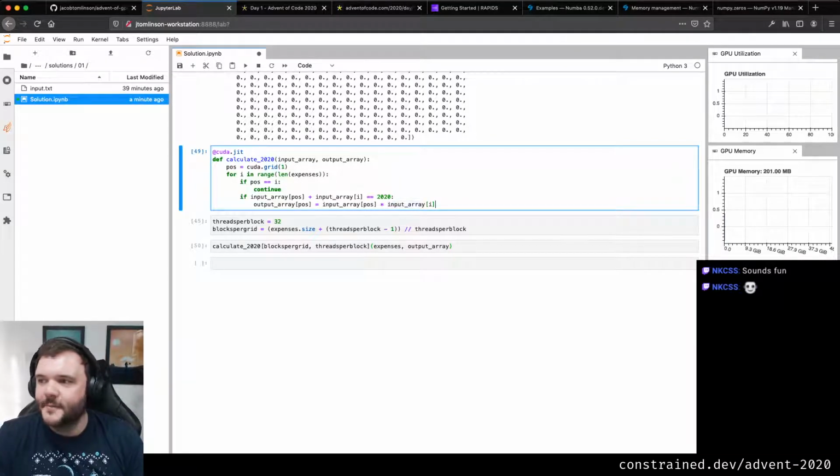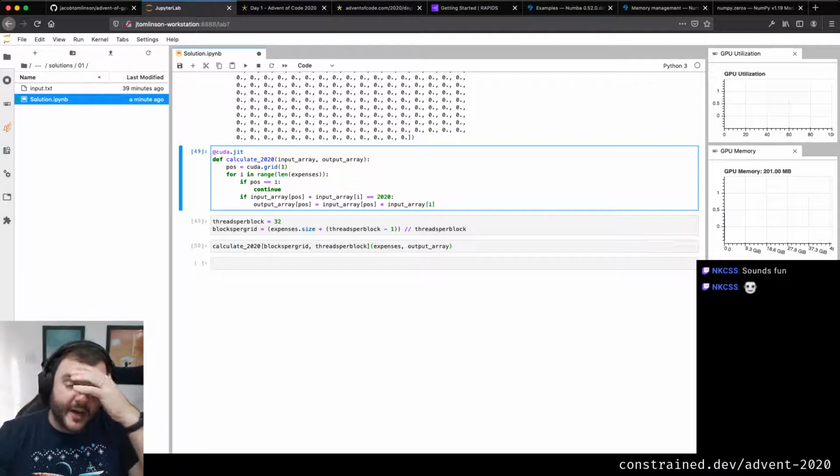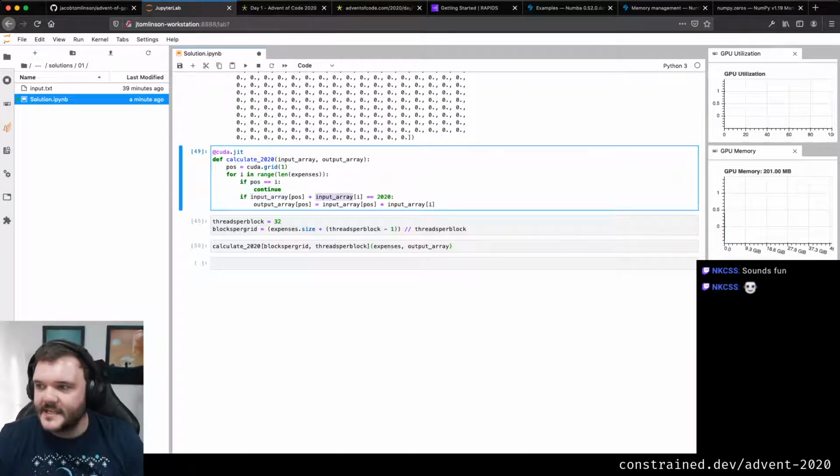And one of the things it has to do, because Python is not strongly typed and in order to write CUDA code you have to do that, is a load of inferencing. It's like, what type is this? What type is this? What type is this? It works everything out ahead of time. And because I accidentally called this as a function, it was very confused about what I was doing, which makes sense, right? But that was a compile time error, not a runtime error, and that's something you're not used to in Python because there is no compile step in Python. But in Numba, the compile time stuff comes up because it is compiling for us.